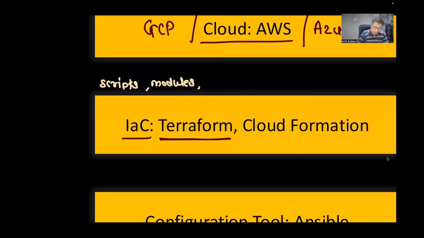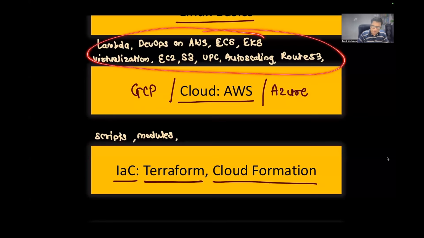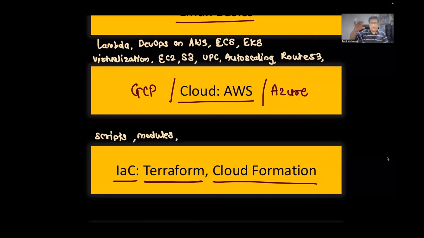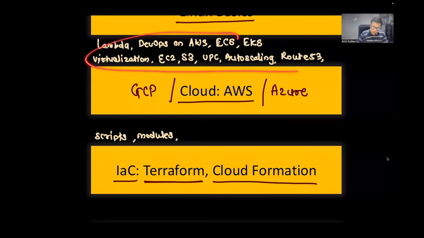When you are going with AWS, AWS also provides a tool called CloudFormation, or CF. It is AWS specific. If I want to create any of those resources on AWS, instead of creating them using the management console or the GUI, I could write the scripts and pass them to CloudFormation. So this works like Terraform, but it is specific to AWS. Terraform, on the other hand, can work with all these cloud providers. CloudFormation works with only AWS because it is given by Amazon to create the infrastructure programmatically on AWS.